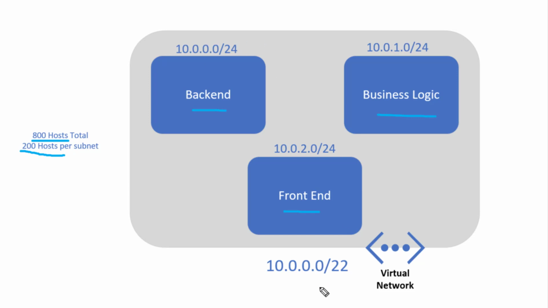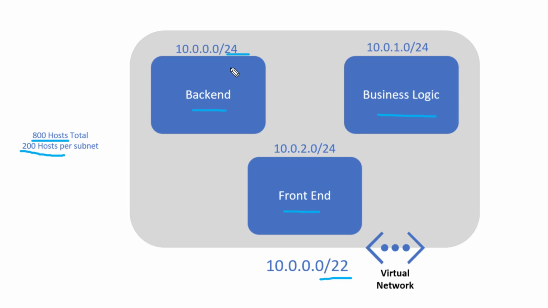If you want to know how we calculated these address spaces, I highly recommend that you watch the previous video where we designed the different networks and performed all these networking related calculations. So we got the requirement that the subnet mask should be /22 for the complete virtual network, and for each of the virtual network's subnets, the subnet mask should be /24.